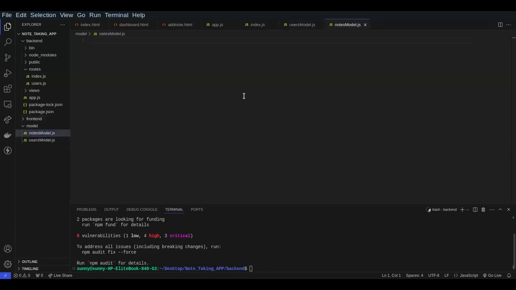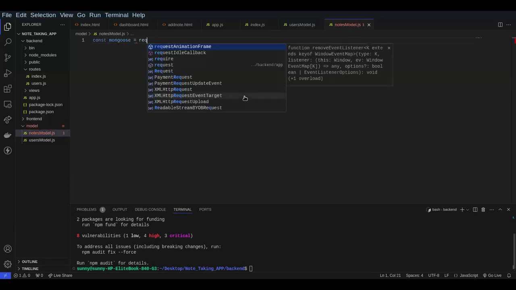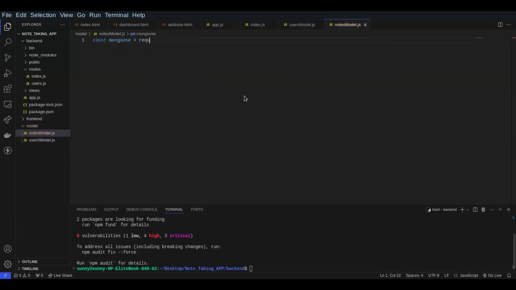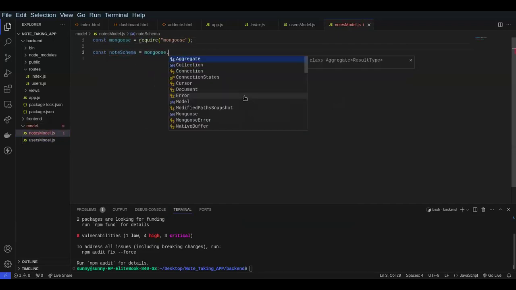Then here, of course, I'll say const mongoose equals require mongoose. Then I could say that the note schema should be equal to mongoose.schema,